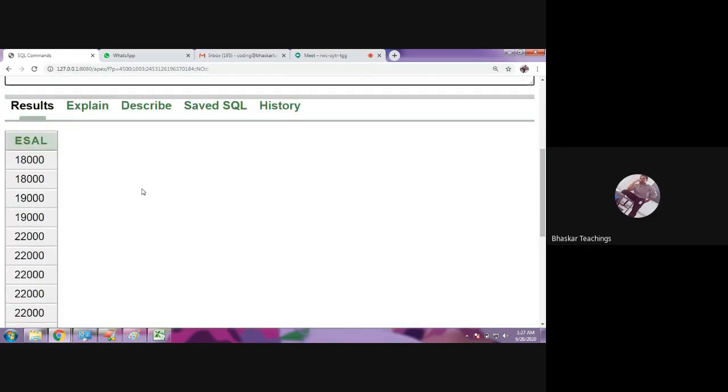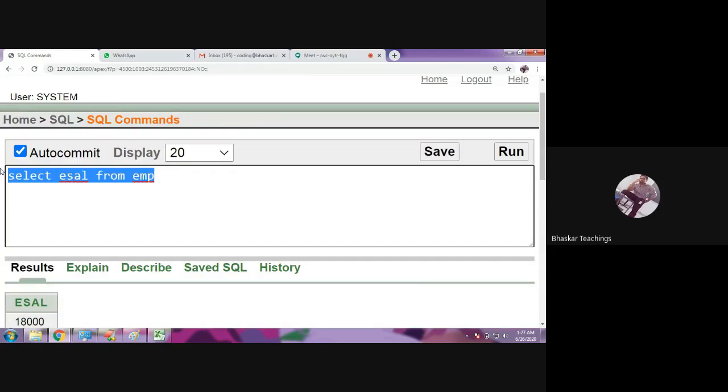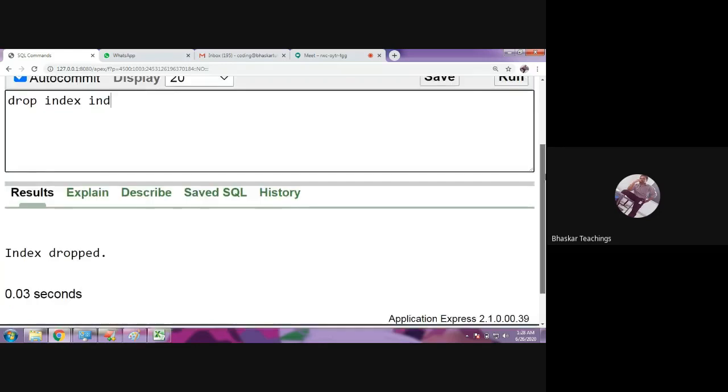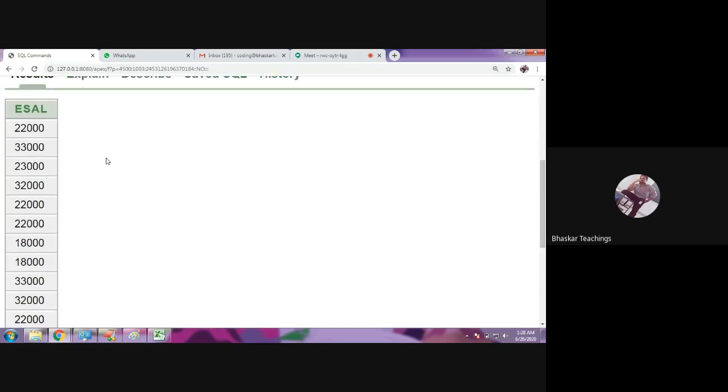Now you see, I think I have created an index on it and I forgot to drop it. When I was practicing, I forgot to drop the index. Drop index, some END, I guess. That's fine. So now let me give the query again. Select esal from EMP.